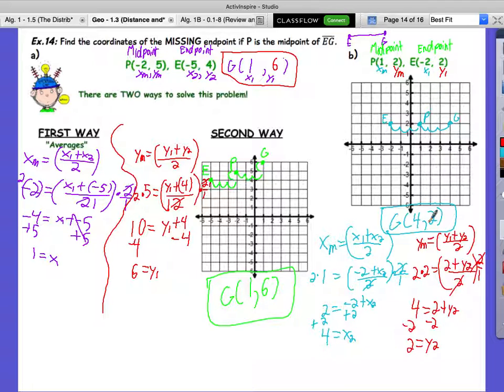Questions on that? Okay, so now what I want you to do is, before, we didn't do the whole worksheet, did we? We did numbers 1 through 8, thank you. So we're going to go back and we're going to do questions 9 through 13, okay? I'm going to give you guys the rest of this work time to work on that. And whatever you don't finish on your worksheet is going to be homework for